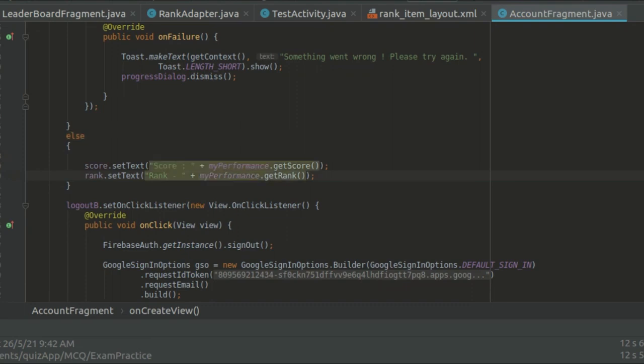This is our score, and this is our rank. So we will display the rank and the score,